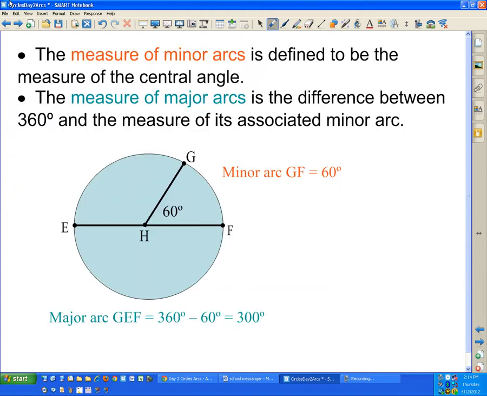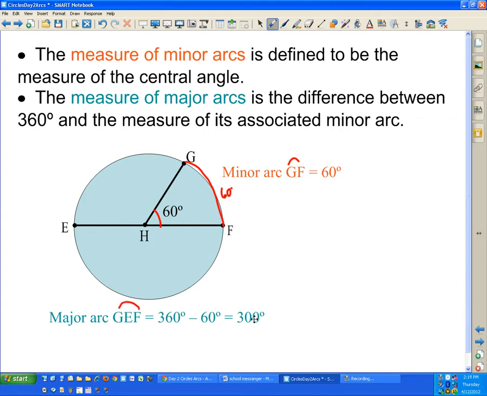Some more definitions when we're talking about minor arcs. Minor arcs are defined by their central angle. So if this angle is 60 degrees, then the measure of arc GF is also 60 degrees. So that's what we're talking about, and this arc length in degrees is 60 degrees. Down here, if we went with GEF, the major arc is basically taking away 60 degrees from the 360 degrees, and that would be my major arc, which we'd label as GEF,